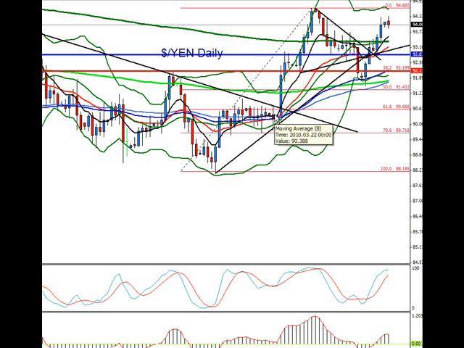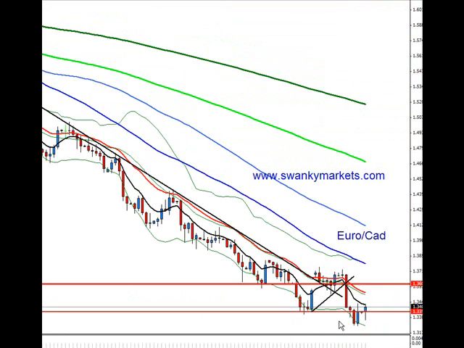Look, we hardly move, break out. Hardly move, break out. You know, it's just one of those pairs, hardly moved, nice move down. So be careful of it. Euro CAD, no,